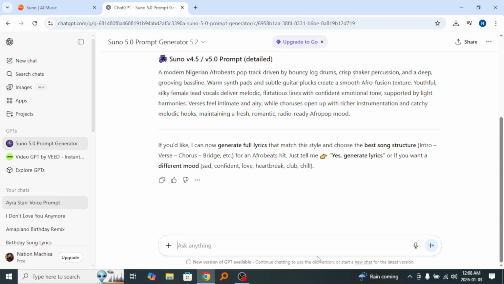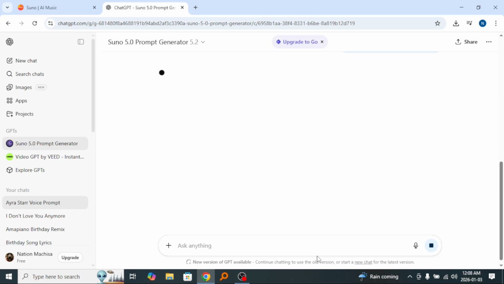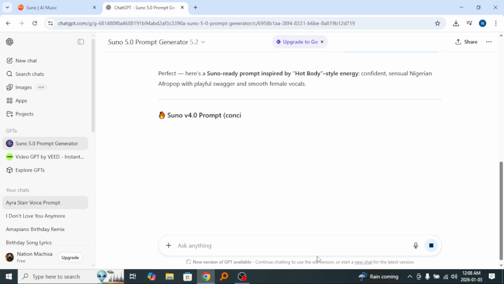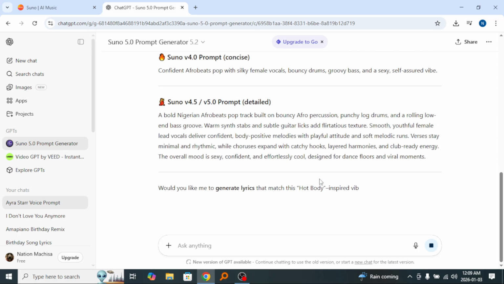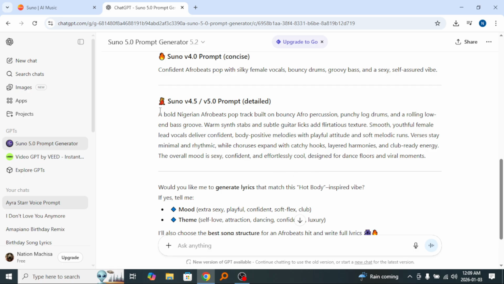Okay, so before I copy this, I want to copy a certain style of a song of Ai Rasta called What Body. So I have to write, inspired by Ai Rasta, a song called What Body. Then it will give me the two prompts, the one for 4.0 and the other one for 4.5 and V5.0, prompt in detail. So I'm going to copy the last prompt here